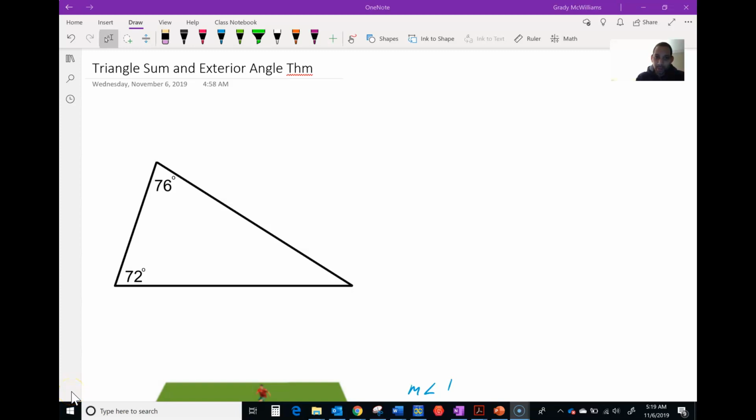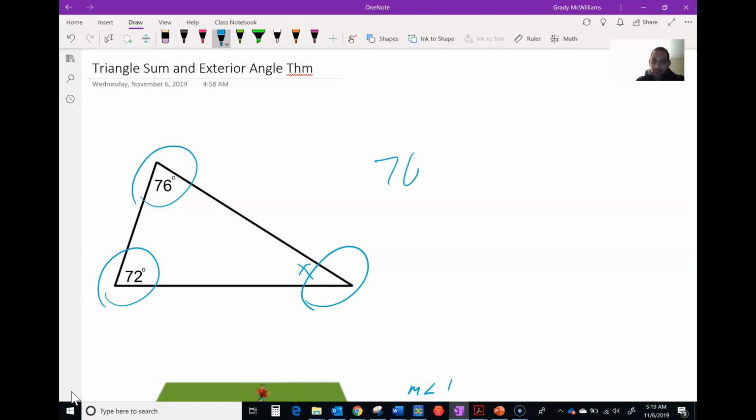Alright, hello class. Today we're going to talk about the triangle sum theorem and the exterior angle theorem. We've already alluded to the triangle sum theorem a few times. Basically, this is just saying that all the corners in a triangle should add up to be 180 degrees. So if you didn't know what this is and you're trying to figure it out, it'd be a simple equation such as